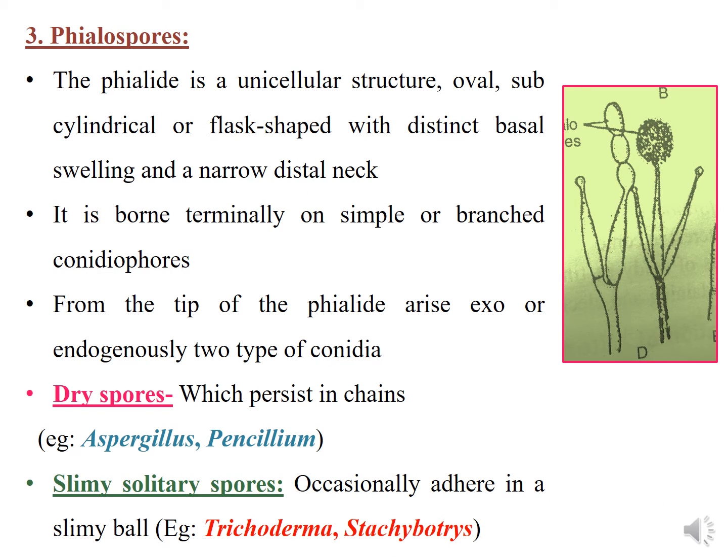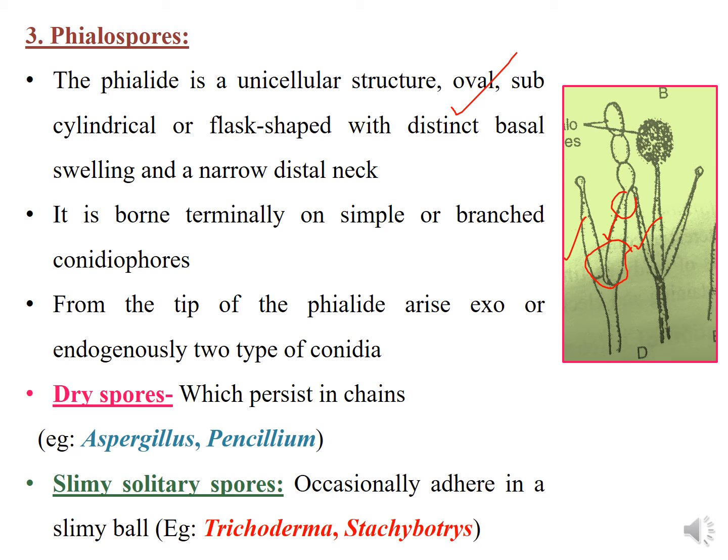Coming to the third type of spores, that is phialospores, the name itself indicates that these spores are formed on specialized structures known as phialides. So what is a phialide? A phialide is a unicellular structure. Here you can see two different types of phialides. It is a single cell which is either oval, subcylindrical or flask shaped, with a distinct basal swelling and a narrow distal neck. Here you can see the basal swelling and here the narrow distal neck, and it is borne terminally on simple or